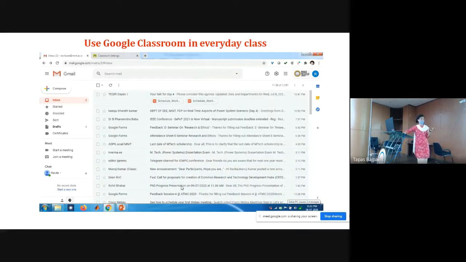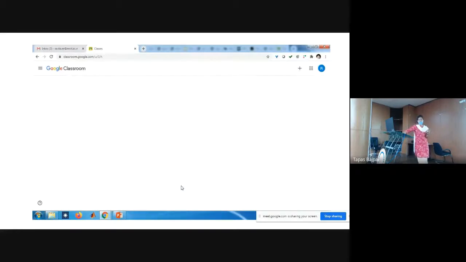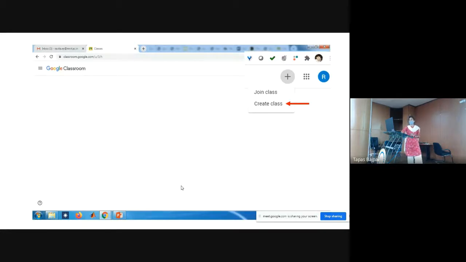So here we have to click on Classroom. When you click this, you get a blank classroom if there are no classes. If we are using it for the first time it will be blank; if we have created classes already, it will show all the classes here. What you have to do is click on this plus sign at the top right, and it will show 2 options: join class or create class. For a teacher, we have to create a class, or we can join a class if we want. So first I will explain how to create a class.